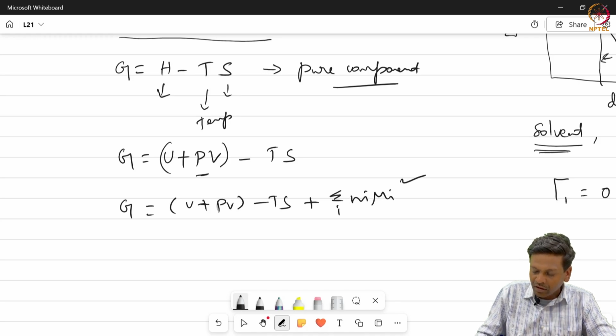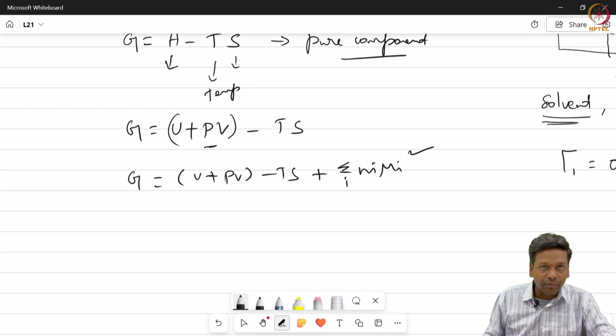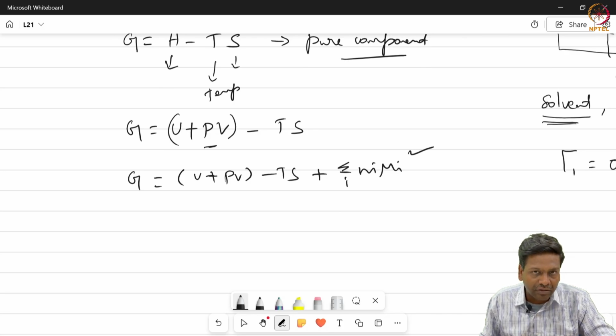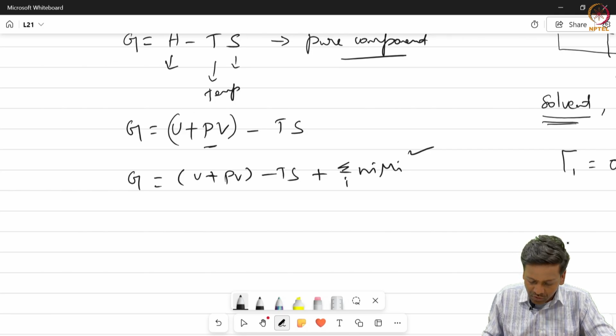So this additional term will also come into the picture. Now if I have to define each bulk phase separately, individually, how can I mention that? That is what we are going to look at. So G alpha